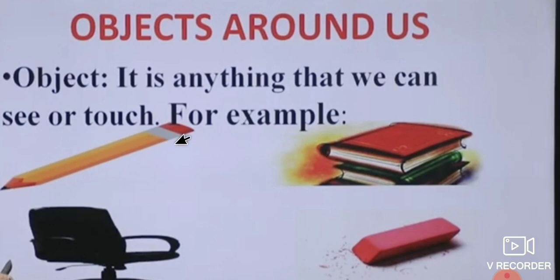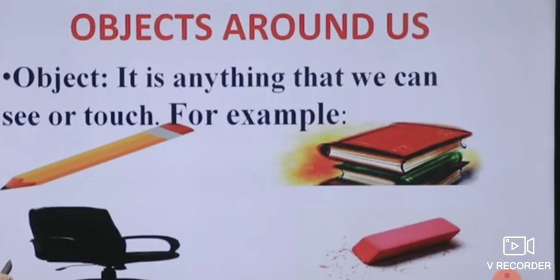So the variety of objects can be put into some groups. Objects around us have different shapes, different colors, are made from different materials and also have different uses. In the previous class, you also learned about materials. A material is a substance which is used in making different objects. They are classified mainly into two types, that is, naturally occurring materials and man-made materials.